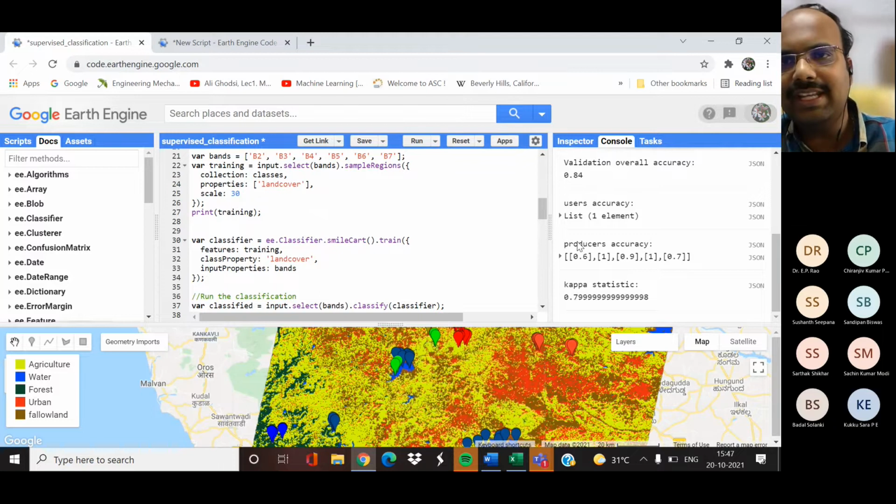Some applications will need very high accuracy. Say, for example, revenue taxation purposes, where they produce cadastral maps. Nowadays everything is digital. They are producing it using digital classification only, using very high resolution images. For them, even a simple misclassification from residential to commercial is going to cause a lot of problems. A commercial land parcel will be heavily taxed compared with a residential land parcel. So that accuracy will matter a lot. Even a 1 pixel mismatch is not tolerated there.